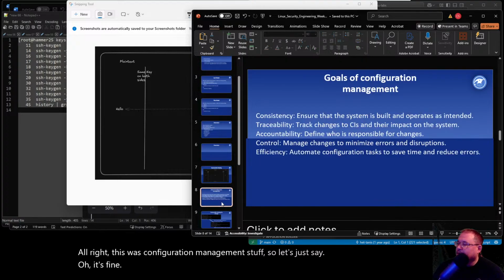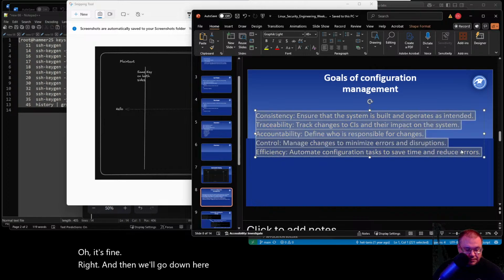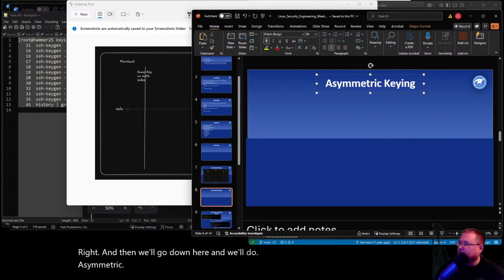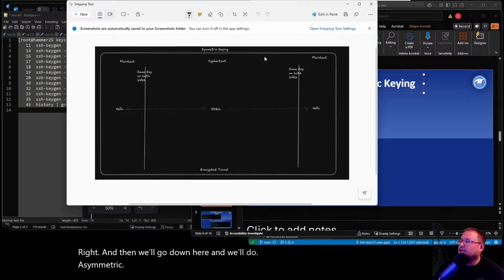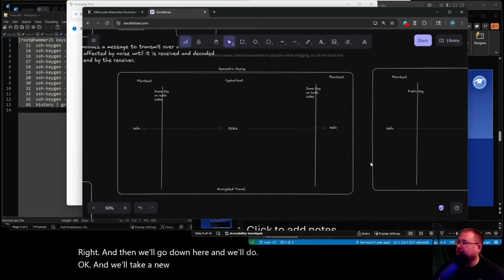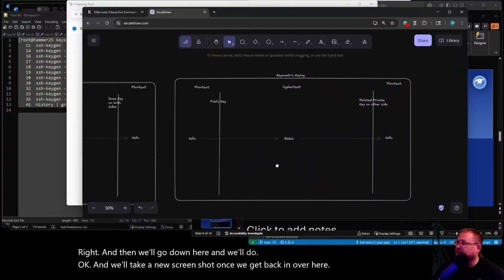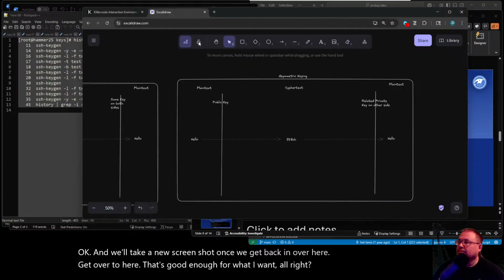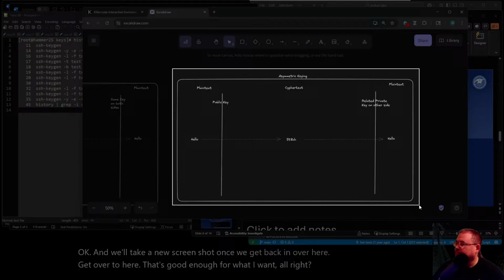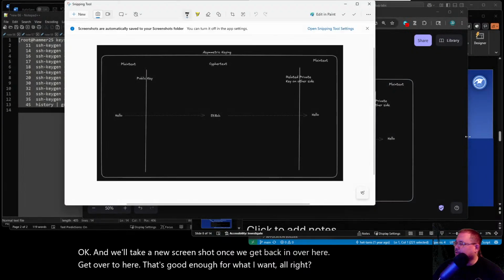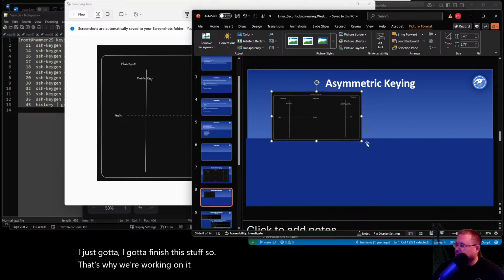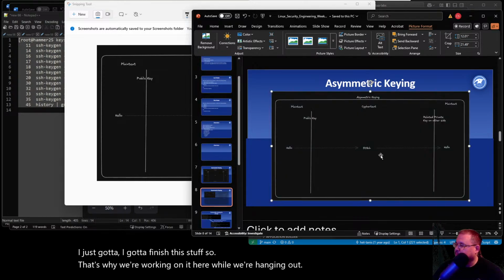And then we'll go down here and do asymmetric keying. We'll take a new screenshot once we get back in over here. That's good enough for what I want. I've got to finish this stuff, so that's why we're working on it while we're hanging out.